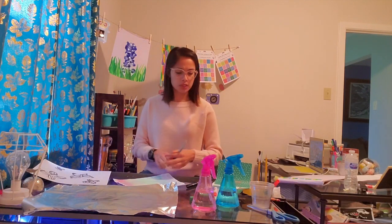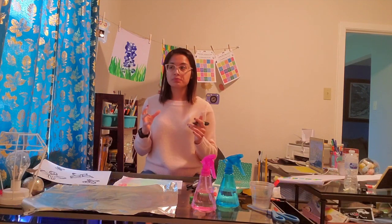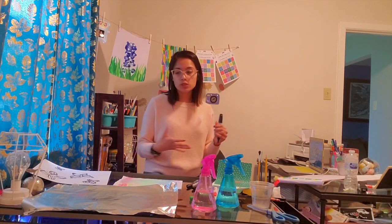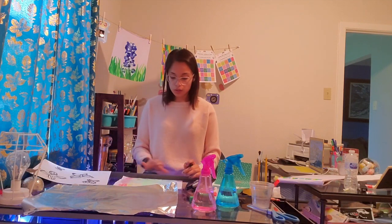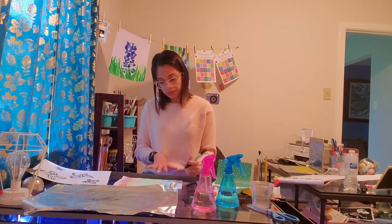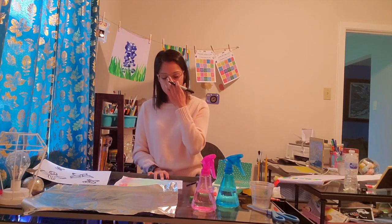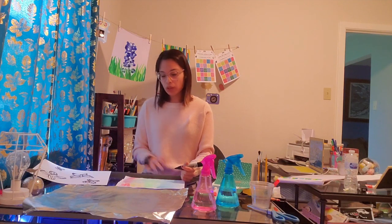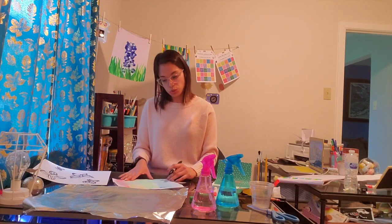So some of you guys have already learned about zentangles. So zentangle is when you doodle with lines, circles, squares, and shapes, and you create art based off of that. So you can do it on this by starting off with lines. You can divide the space into whatever design you want, or you can draw a picture and then do a zentangle from that. So I am thinking I want to do a mandala, which is a circular